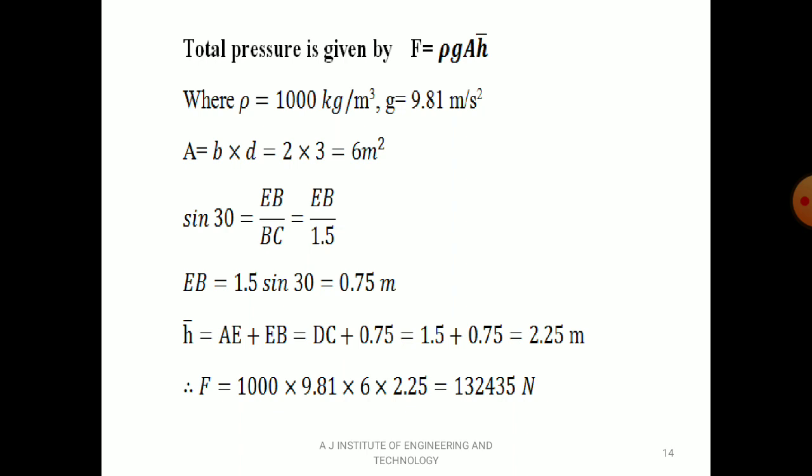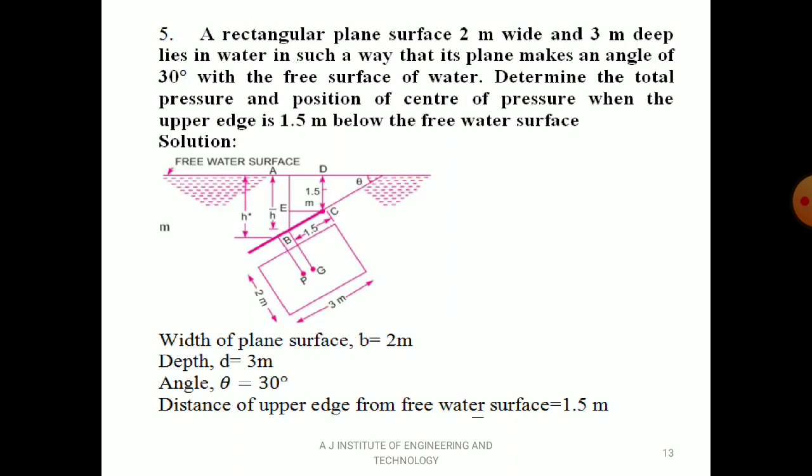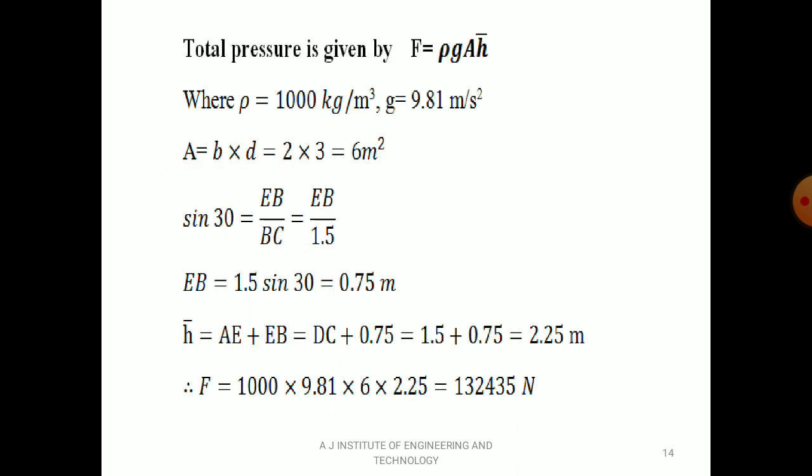Now H bar. Now you can see the diagram. H bar equal to EB plus DC. DC is known, 1.5. EB you just calculated, equal to 0.75. So H bar is a summation of EB and DC, that is 1.5 plus 0.75, equal to 2.25 meter. That is H bar. Therefore F equal to 1000 into 9.81 into 6 into 2.25, that is equal to